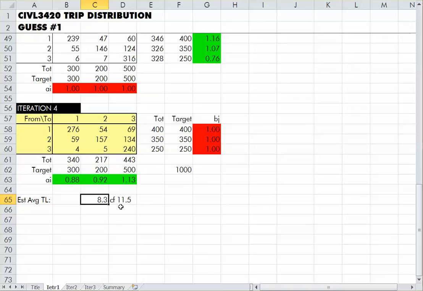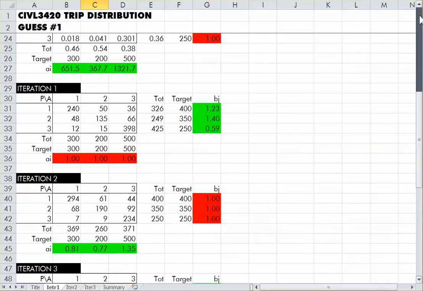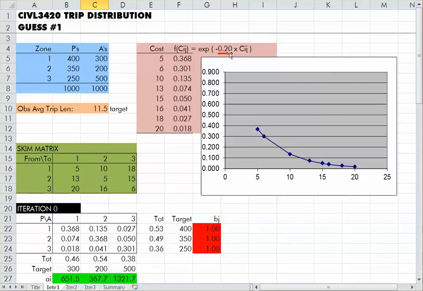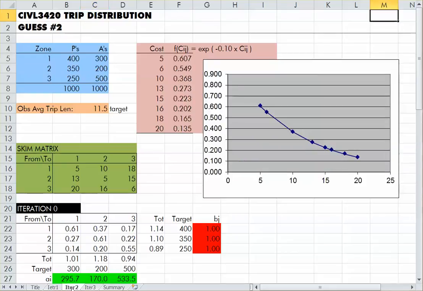So what this tells me is that my initial estimate of the deterrence function parameter of -0.2 was incorrect. My initial guess was wrong, and I have to alter that guess and rerun through the whole process. This is what I've done in iteration 2. This time I've changed the deterrence function value to -0.1. The process is then repeated,